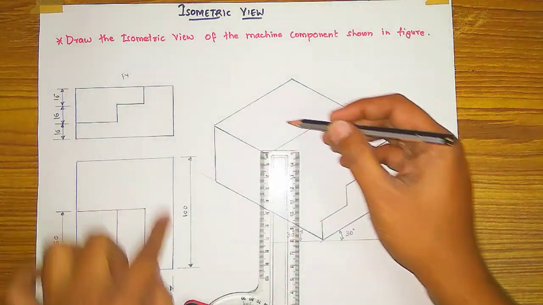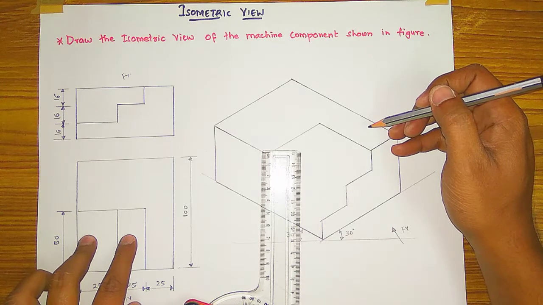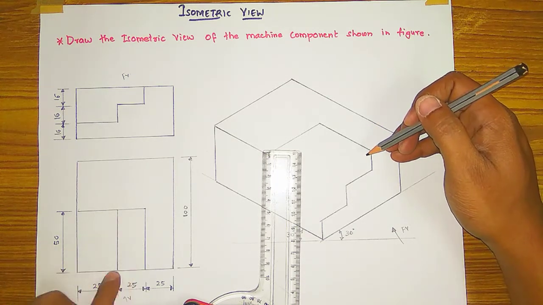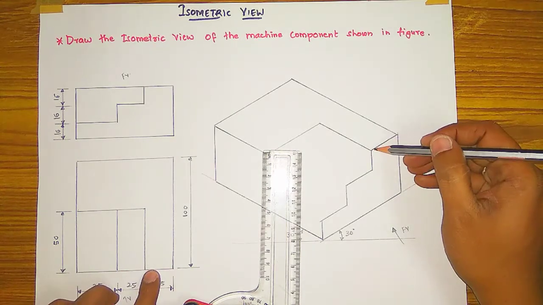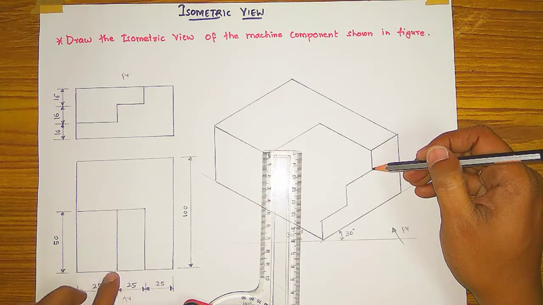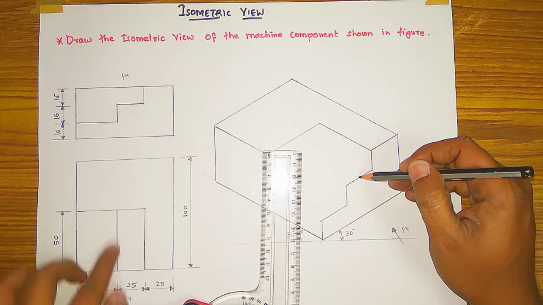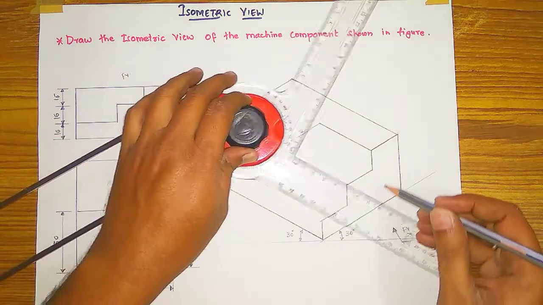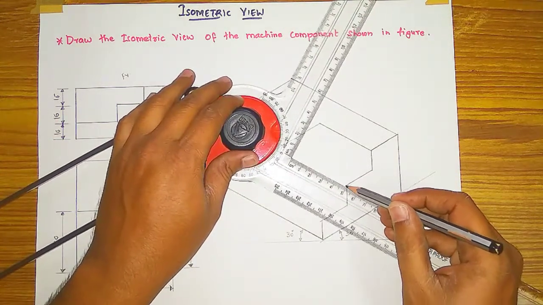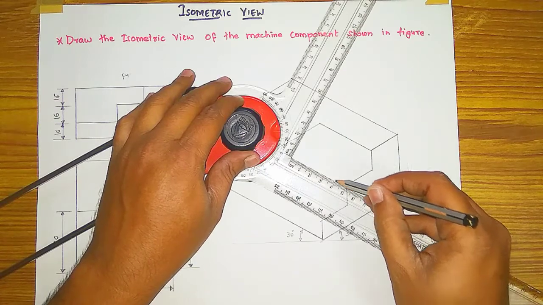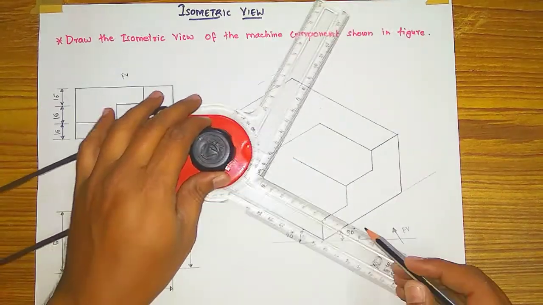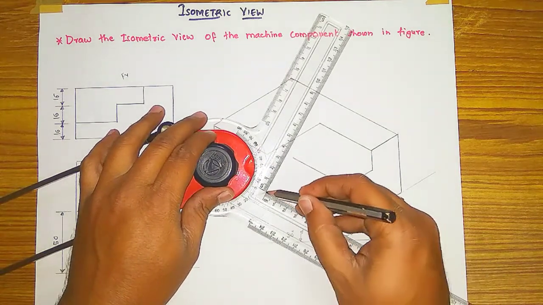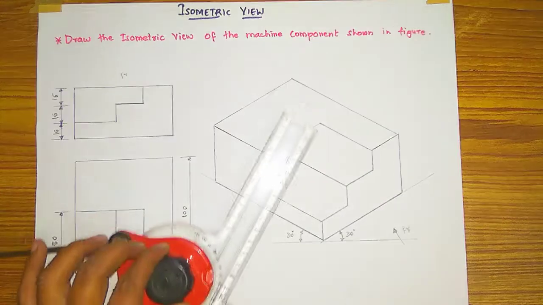Okay, then the top view of this figure I have drawn. The remaining two boxes we have to draw also. So from here, how much is the 25 distance? First, this is 25 mm, then having a step, and this having a distance of 25 mm only, and this line is of 50 mm. So with this angle, draw a 50 mm line like this, and from here also a 50 mm line. This line also 50 mm.